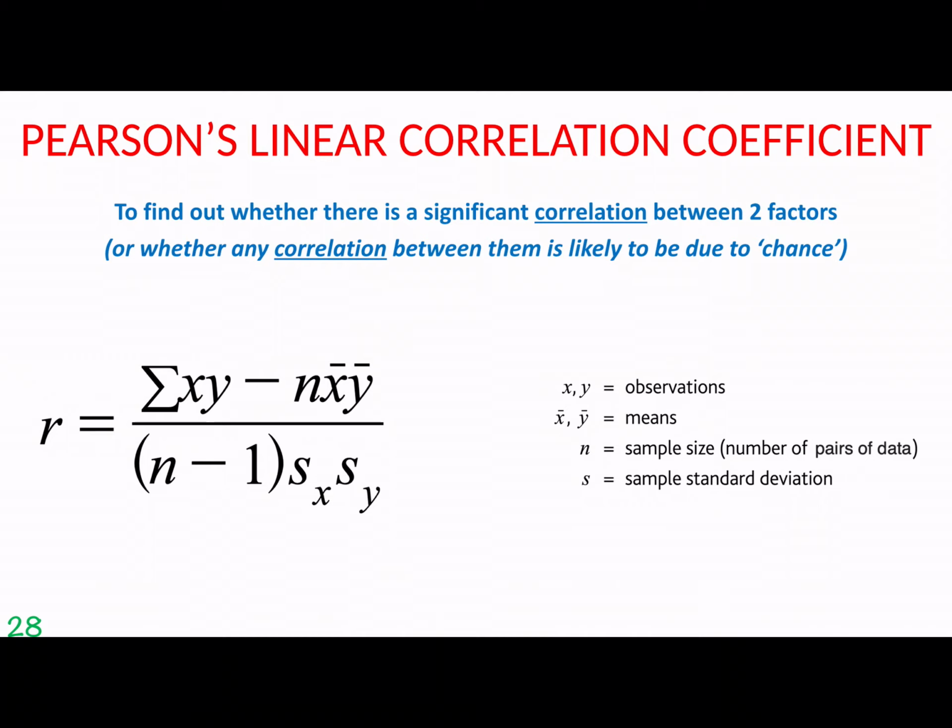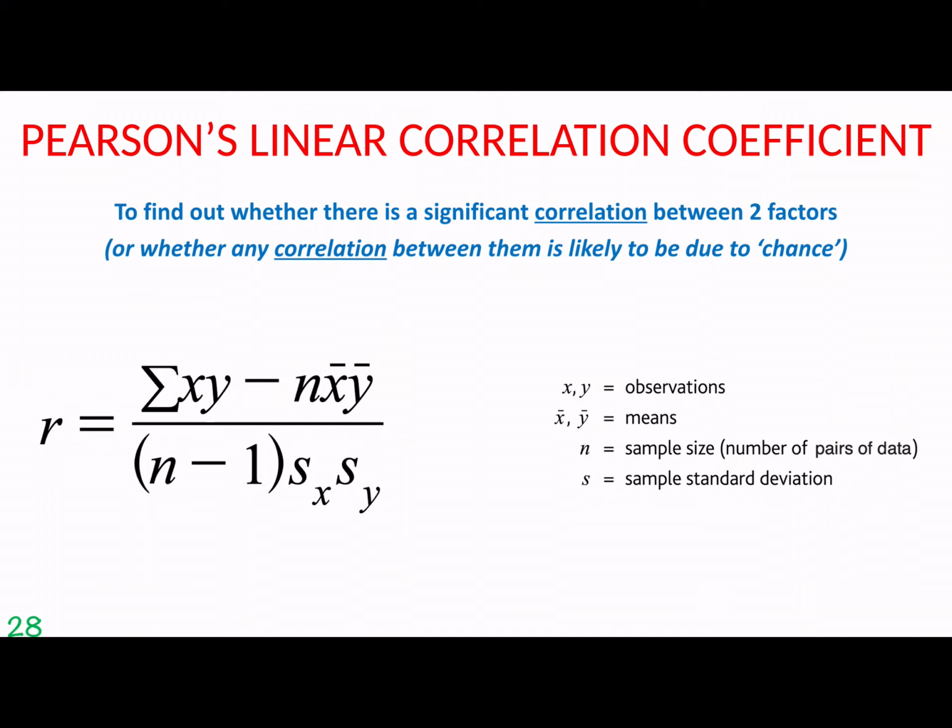Okay, so you might be sitting there thinking, well, I haven't actually got means to compare. Mine's more about a correlation. You know, I've got a line graph and I've got 5 or 6 different means. Do I compare each one of those with each other and do lots of t-tests? Well, the answer is possibly. More on that later. But what you'll initially want to do is something called a Pearson's